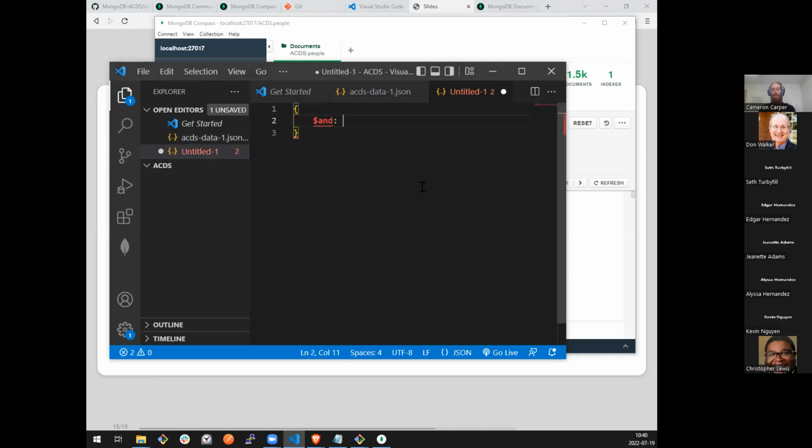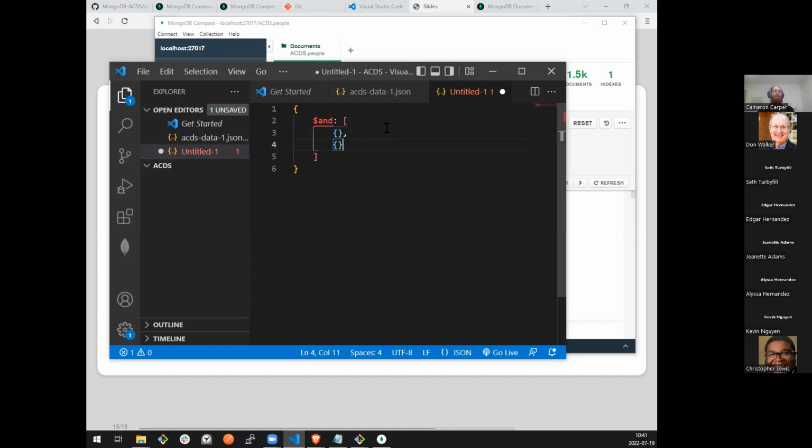This is the downside of working in an IDE because this is not technically valid JSON. It's valid JavaScript, but not JSON. So VS Code is going to complain that you don't have this in quotes and it has to be. I'm not sure what happens if you put quotes around operators in Mongo. We'll test that in a second because I've never done it, but if it works and I could avoid the error checking in VS Code, then it might be worth the extra couple of characters.